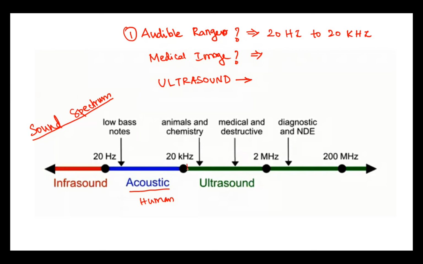Ultrasound, we start from here. 50 megahertz. Yes, can you say again? 20 kilohertz to 2 megahertz for medical. Yes, exactly. Beyond 20 kilohertz it is called ultrasound waves or ultrasound frequency. For medical image, if you prefer higher frequency, you can get a good image. Even at 20 kilohertz we can take an image, but if you go beyond 2 megahertz, in megahertz you will have a very good image to see. So the range of medical image is 2 megahertz to 20 megahertz.